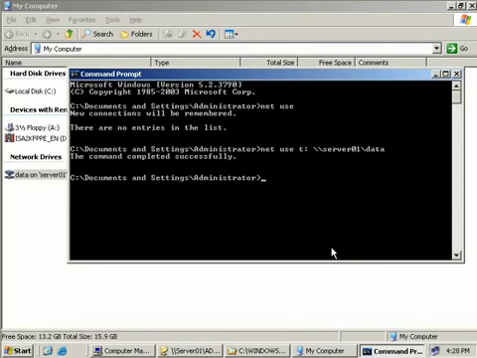Now if you are connecting using an account that doesn't have the correct permissions to access the share, the command prompt will prompt you to enter a username and password of an account that is authorized to connect. But if you do want to provide a different username and password, you could try this option. We'll still use our net use along with our server name and our data directory, but after that we type in the word password followed by /user with a colon, and then the name of a user we wish to connect